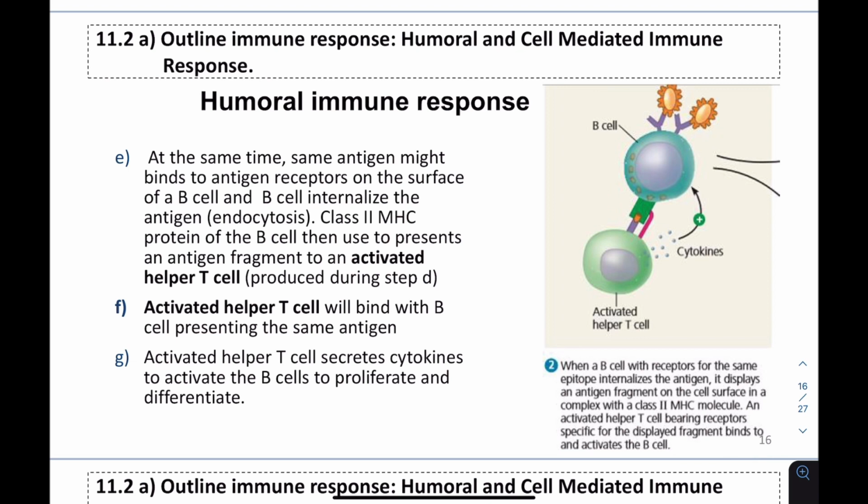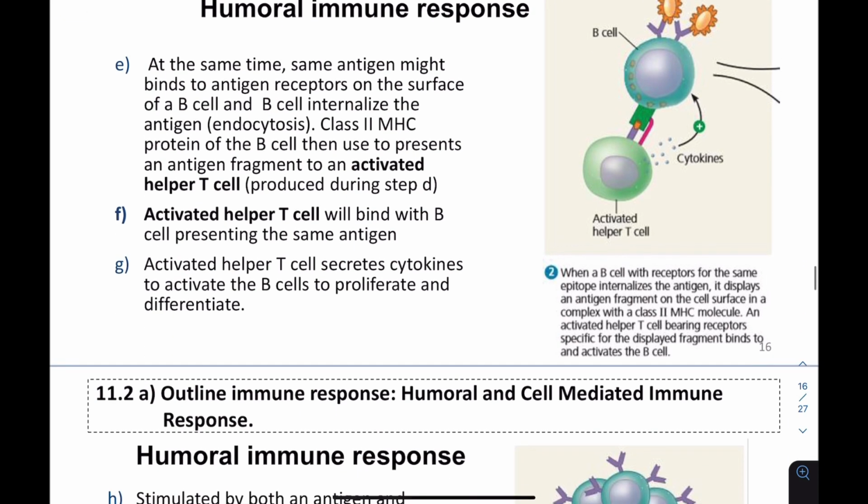It must be the same antigen. Kalau dia different antigen, this activated helper T cell tidak boleh bind lah. Dia mesti presenting the same antigen. So when bind, activated helper T cell will secrete cytokine to activate the B cell to proliferate and differentiate. Okay. So B cell akan proliferate, macam saya cakap tadi, proliferate is increase in number, differentiate is